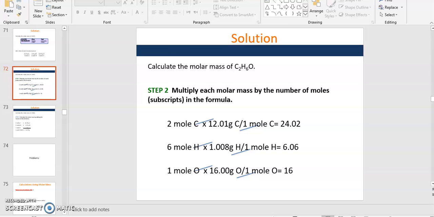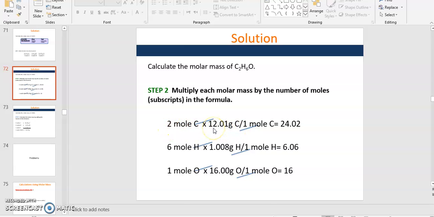So we were talking about molar masses and how to calculate them. And I gave you an example of glucose. This is another example of another molecule here. You can see C2H6O. And to calculate the molar mass of this molecule, you basically get the numbers from the periodic table,